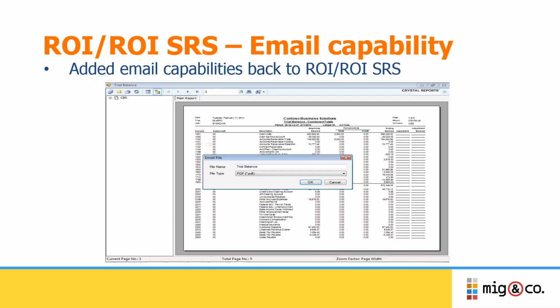Crystal is actually the monitor of the report, and the SQL database is bringing the data into this particular report for you. In the top left-hand corner, up in this section, right up in here,